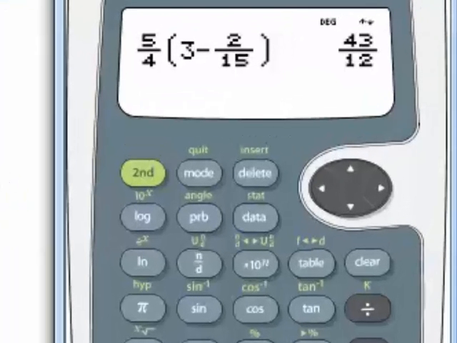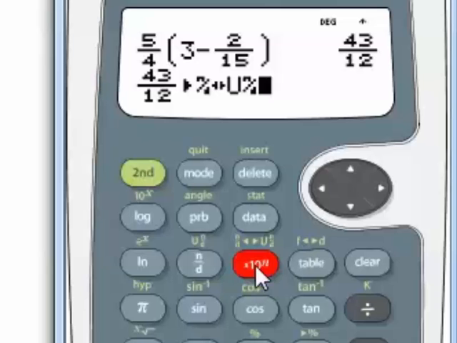To convert 43/12, which is a reduced improper fraction, press the second, the times 10 to the nth power button, and press enter. So 43/12 is equivalent to the mixed number 3 and 7/12. Number 2,